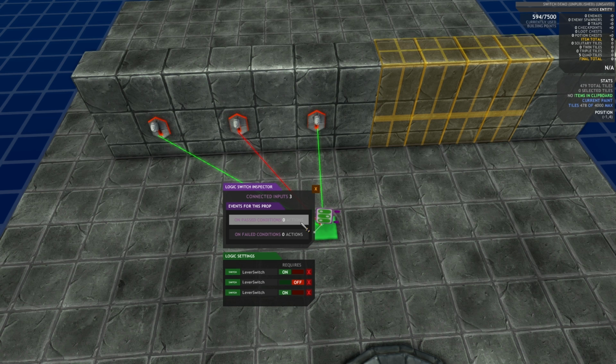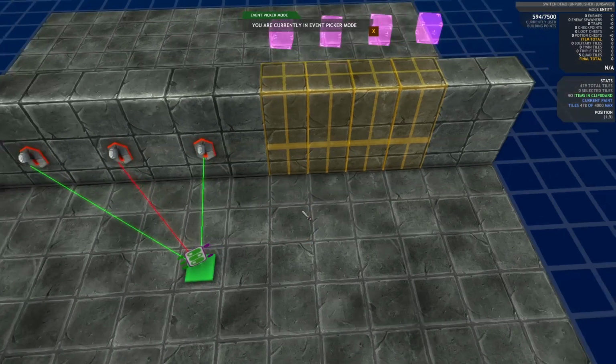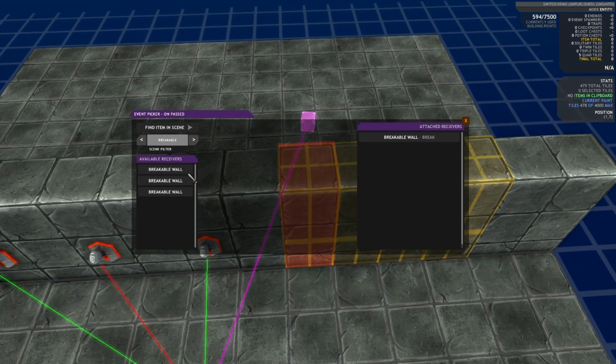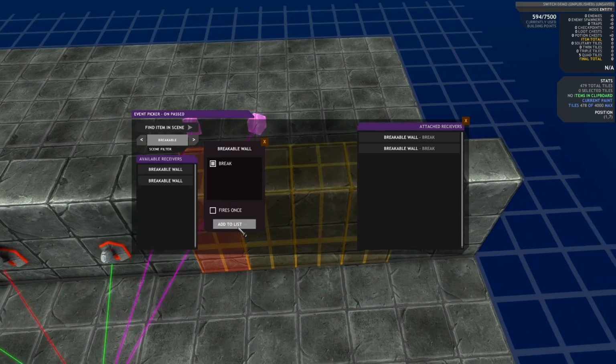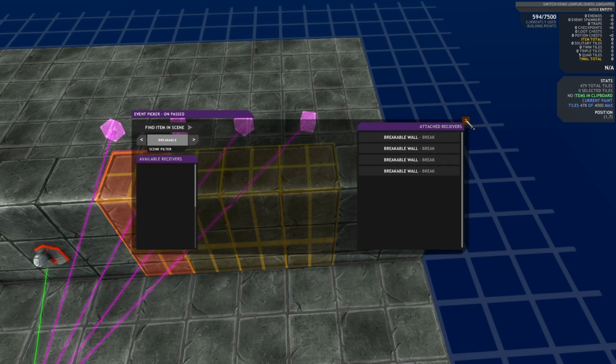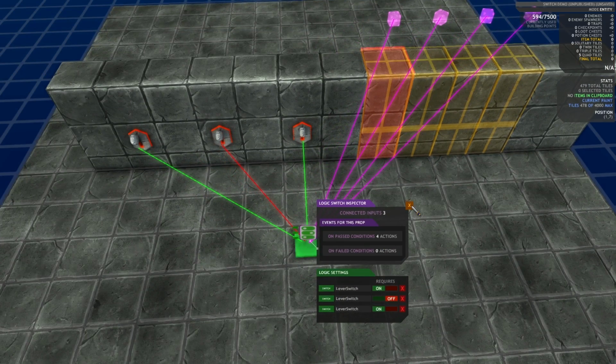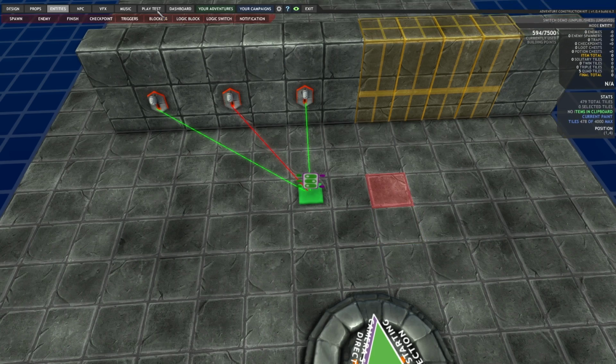So I'm going to go to on pass conditions. I'm going to hook that up like I would any other event to break this section of wall. And that should be all I need to do. So if I go to playtest,